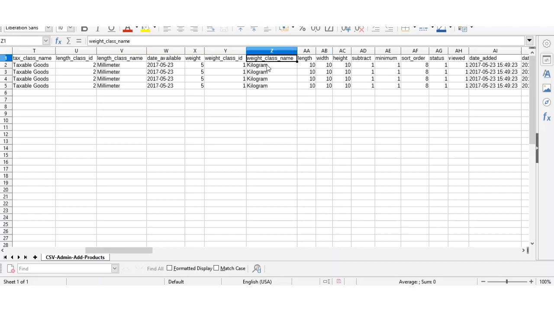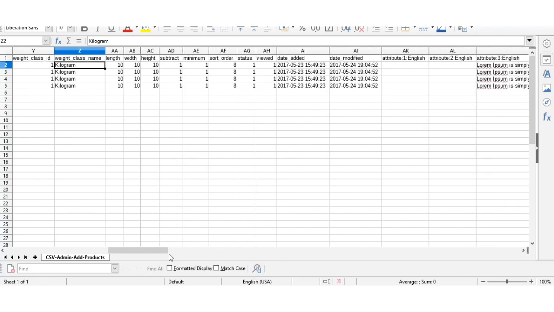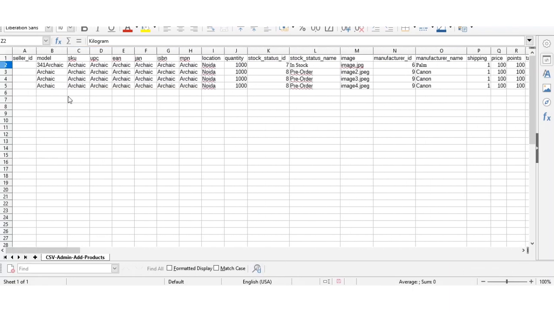And for the weight class as well, we can set up the weight class, it's kilogram. So we'll set up the weight class name, and after that we can set up the weight accordingly and the rest of the values as well. So that's how we can make use of this CSV file